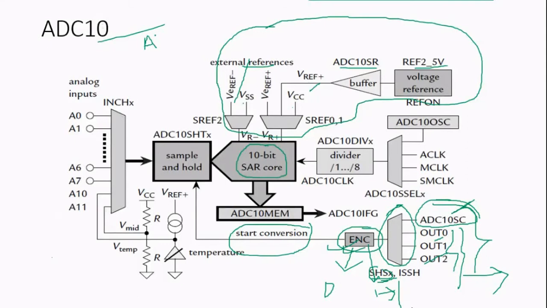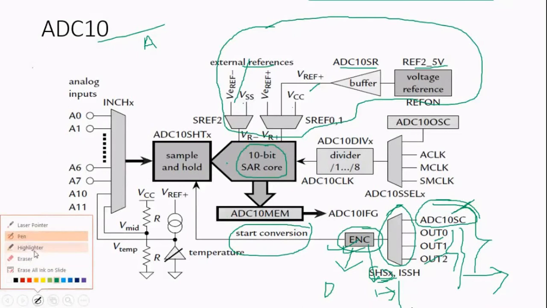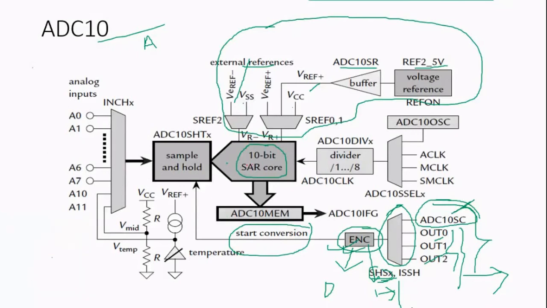When you are generating the ADC, means when you are drawing in the functional block diagram, you have already studied about ADC. ADC is made with the help of DAC. So what will the DAC do? With the fixed 10-bit SR core, let us consider this 10-bit SR core value is there. What is that 10-bit SR core? Within the core, this is 10-bit, so we are defining it in 10-bit.